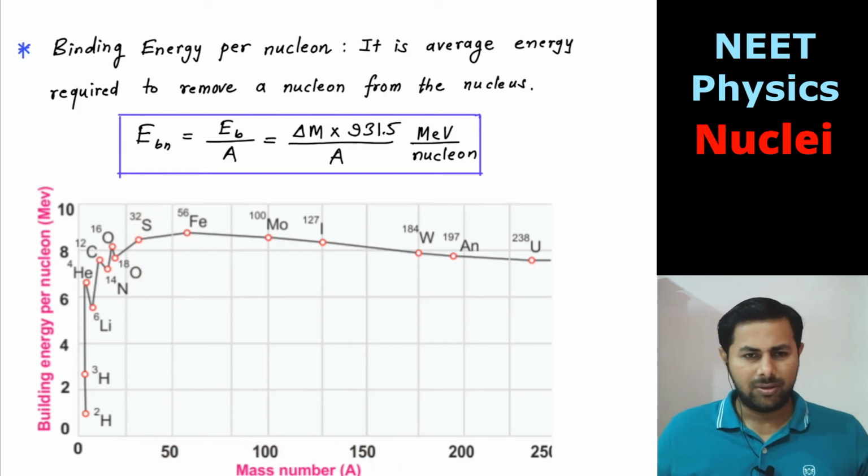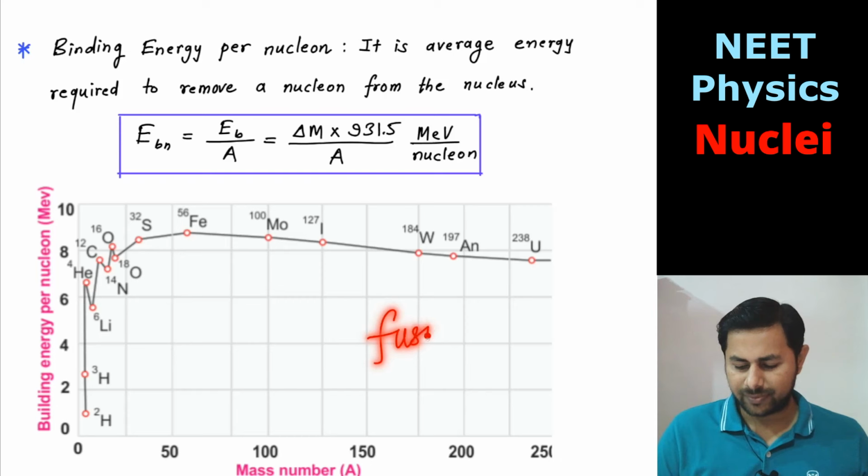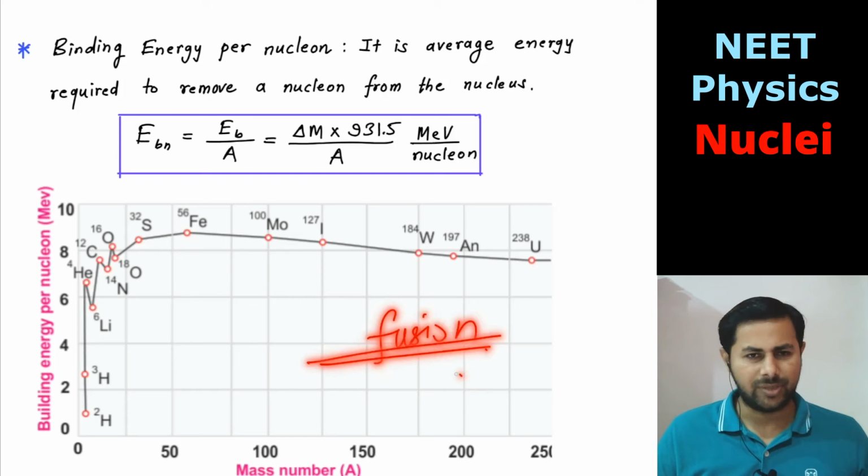So most of the nuclear reactions depend on this, the stability of nucleus, right? Not most, all of the nuclear reactions depend on the stability of nucleus. So the nuclei having small mass number will have a tendency to fuse together. We are going to see that reaction. It is known as nuclear fusion. Fusion means they want to